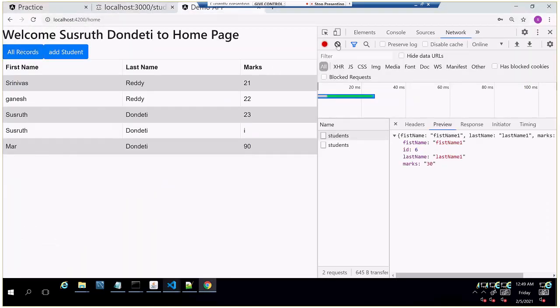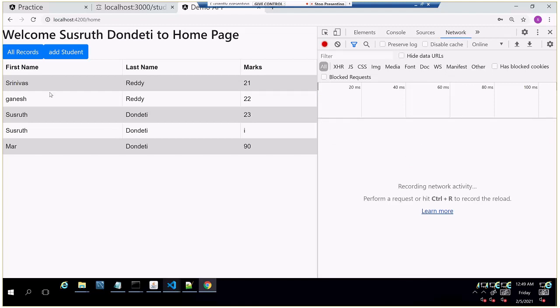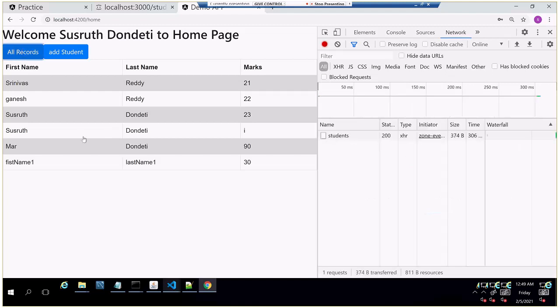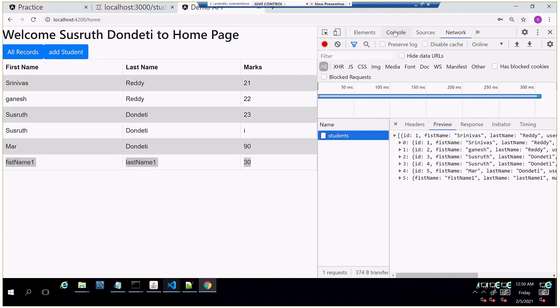So it will load the 6th one also. If I go and check that, it loaded the 6th record, first name, last name, and 30. Even in the response, we'll have 6 records, 0, 1, 2, 3, 4, 5. Got it?